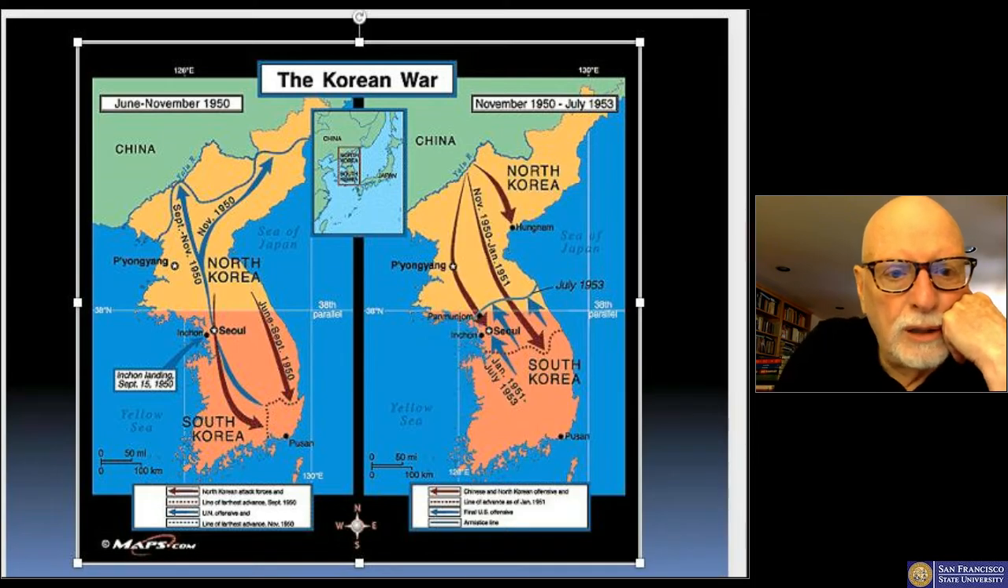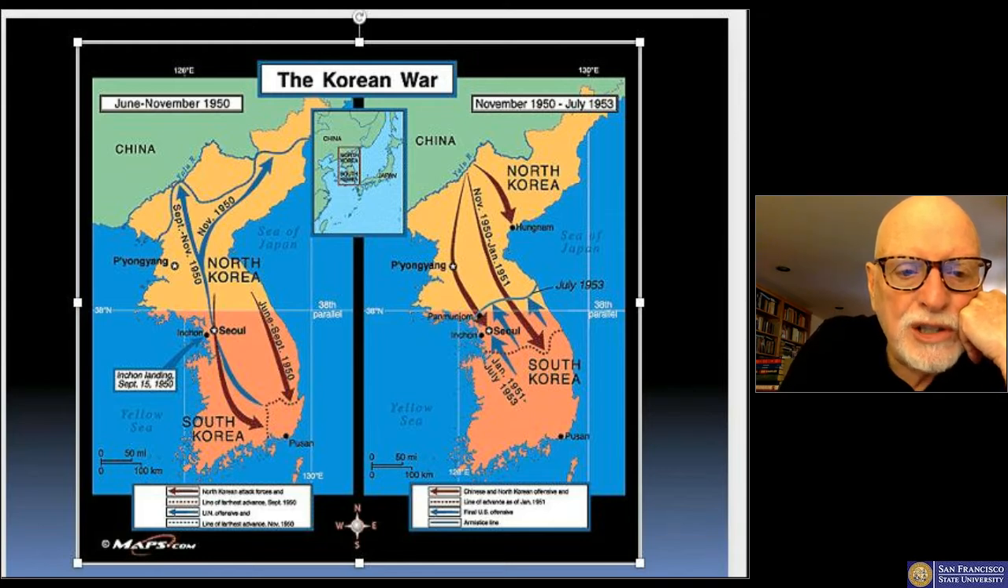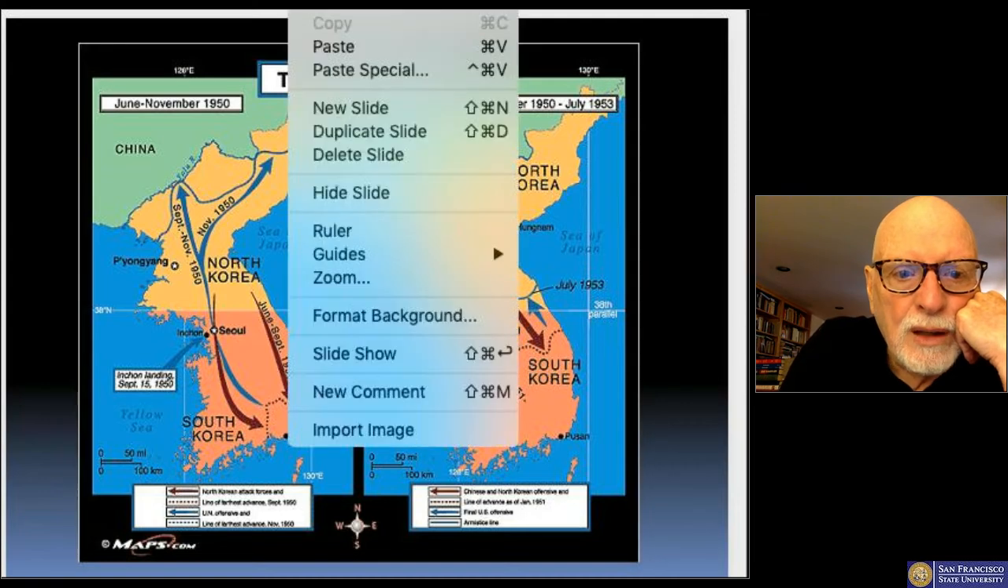Well, pointer or no, let's take a look at North Korea and the attack that it made against South Korea. You see, it's perfectly successful in the summer of 1950. It presses the forces of the